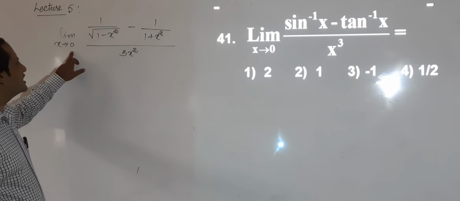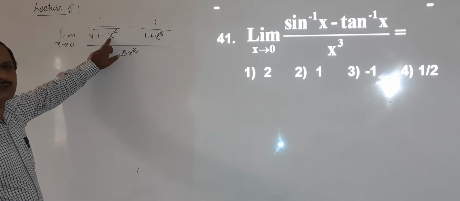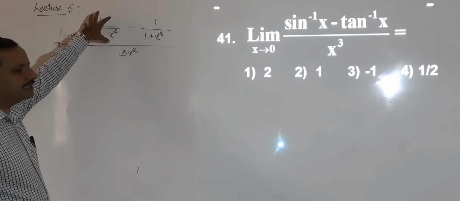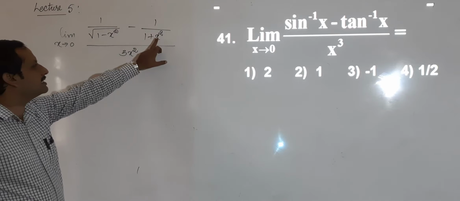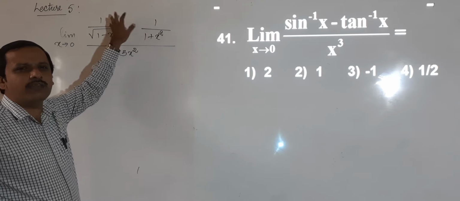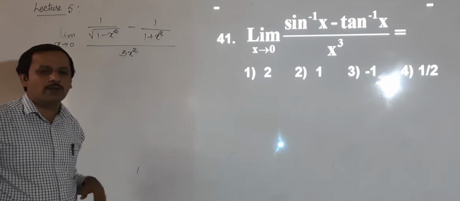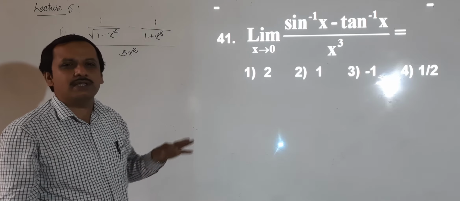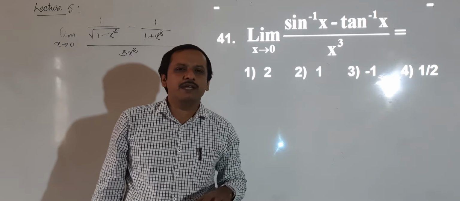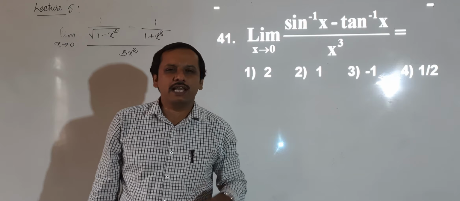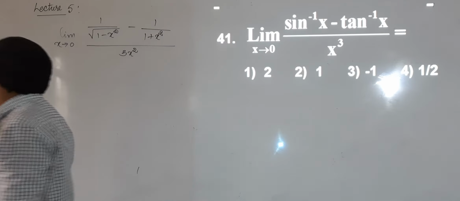When I apply the limit as x tends to 0, 1 minus 0, you get 1 here, root 1 is 1, this is 1. And when I put x as 0 here, this will also become 1. 1 minus 1, so the numerator is 0. Denominator obviously 0. Okay. So still it is of the form 0 by 0. That means again we can use L'Hospital's rule. So let's differentiate it again.